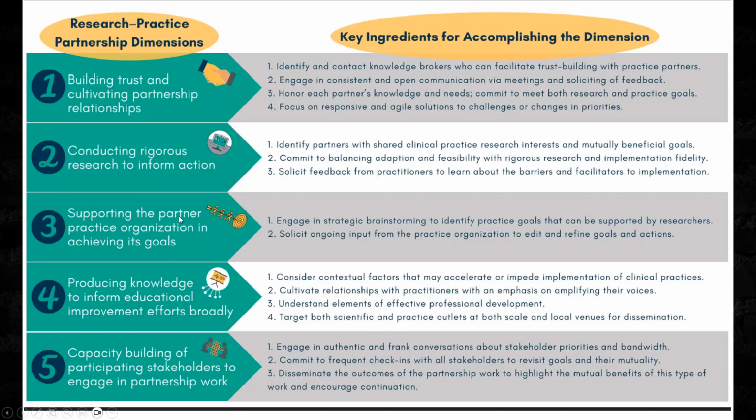How do we support the partner practice organization? So basically, we should be working on things that are a priority for the partners, and researchers should support that. Even if I kind of want to go over here and study this really cool research idea, it really is a priority for me to help that school first, or that district, or that partnership, or that clinic address their research interest needs first. Then we've got things like, all right, so we did the study, how do we get the knowledge out there? So how are we going to look at the data? What does it mean? How do we interpret it? And then how do we share that?